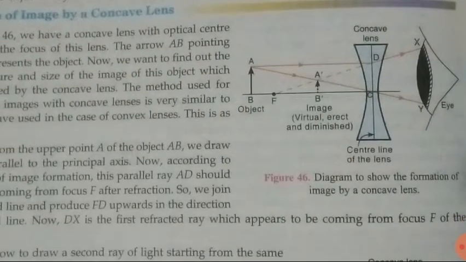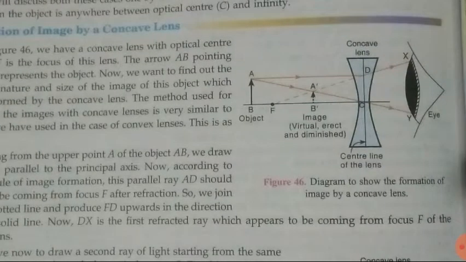So I hope these three rules are clear to you. Then let's see how the image is formed in a concave lens. In the case of a concave lens, we have only two cases. In the case of a convex lens, we had 6 cases. I hope you all have done the practice of how the images are formed in the case of a convex lens. You must do the practice of drawing the images. If you have done it, very good. If not, then do it today only.